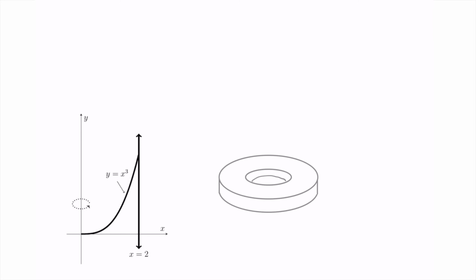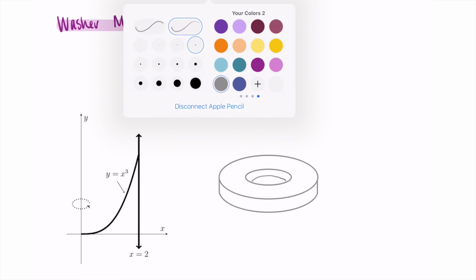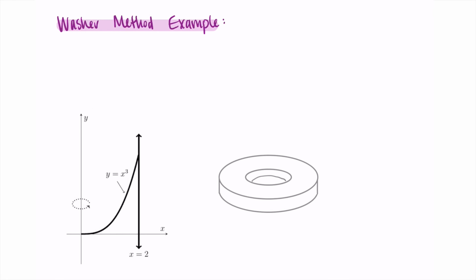Alright, welcome back. In this video, we are just going to go over an example using the washer method. You can see here, I've already set up the image we're going to use and a little graphic that I'm going to refer to, but let me write out what the example is first so that you have it written formally out. What we are going to do is find the volume of the solid of revolution,